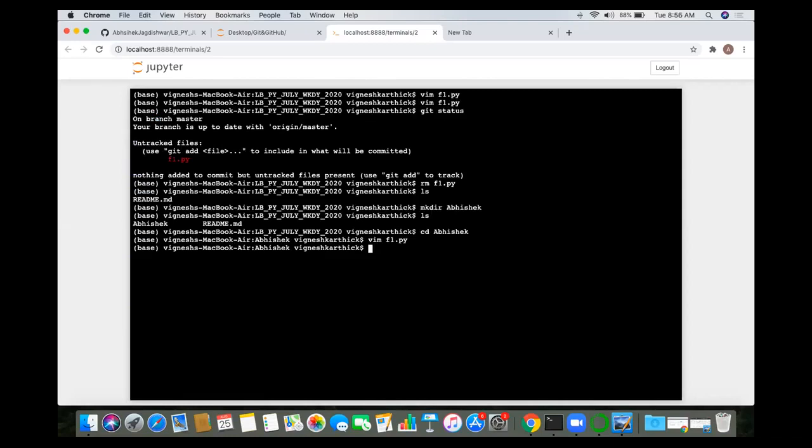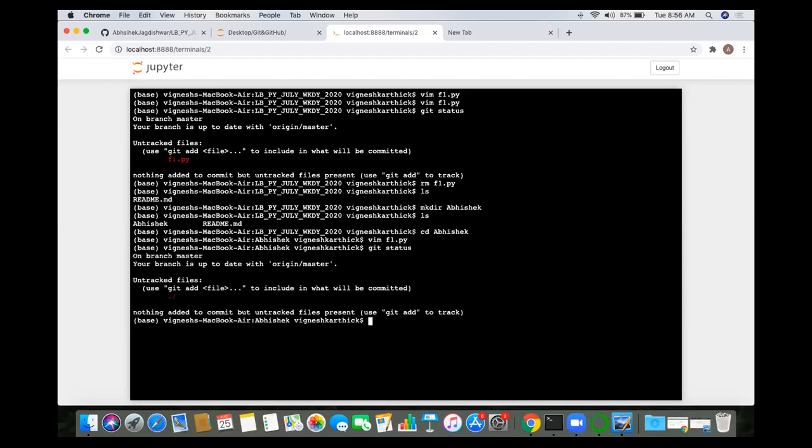Then let me know once it is done till here. You need to create one folder. Don't skip that part. Create one folder with your name. Yes, sir. It is done. Done, right? Okay. So now what we need to do, again, do the git status now. If you do the git status, it is showing that there is one untracked file.